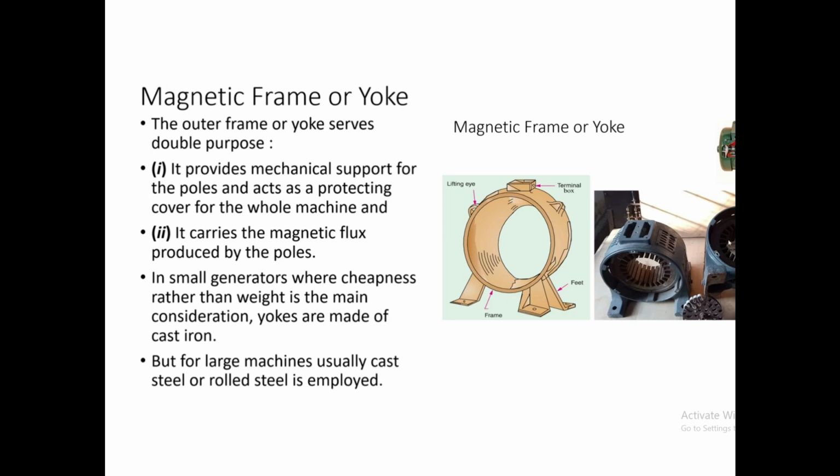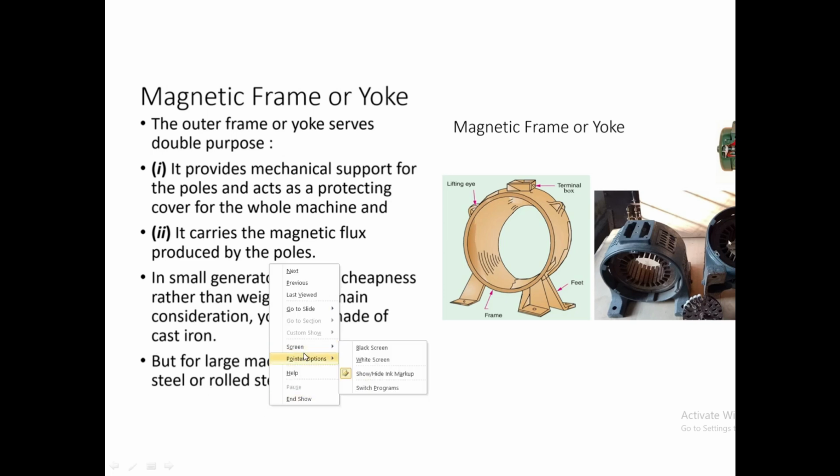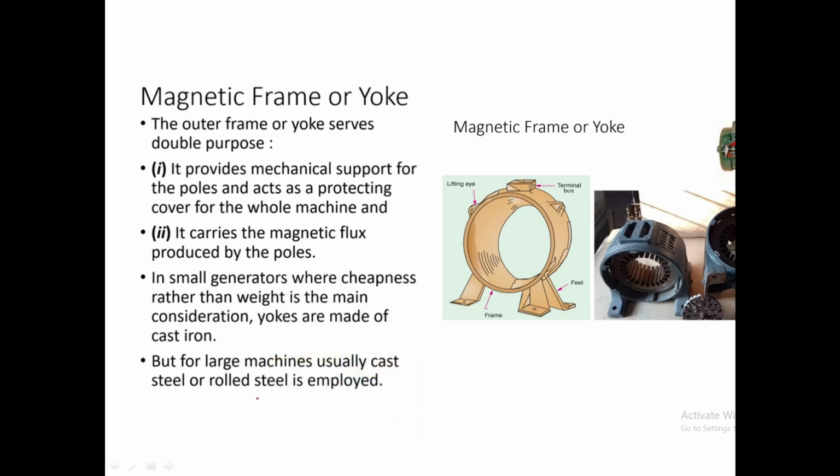Okay, and it carries the magnetic flux produced by the poles. In small generators, it is made up of cast iron. For large machines, it is constructed of rolled steel. So for any machine, the yoke is made up of these two materials only, and the purpose of the yoke